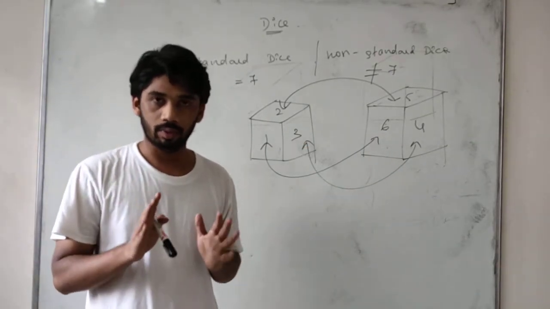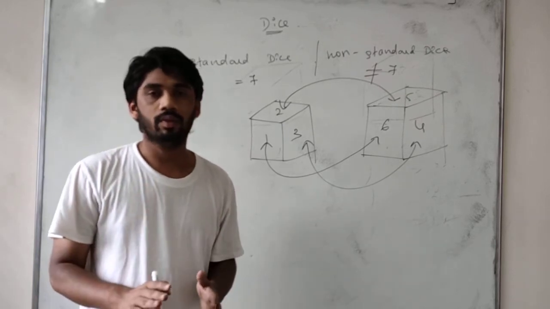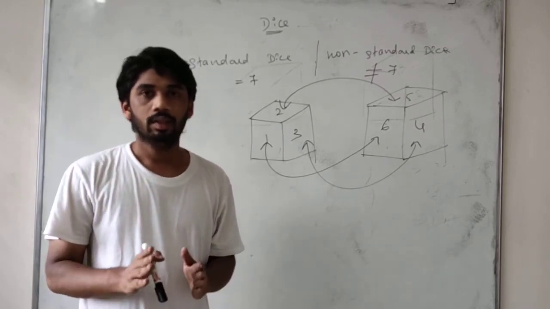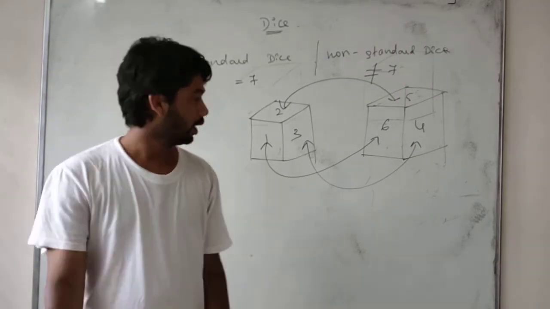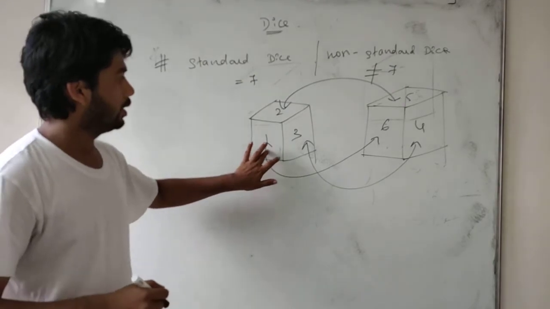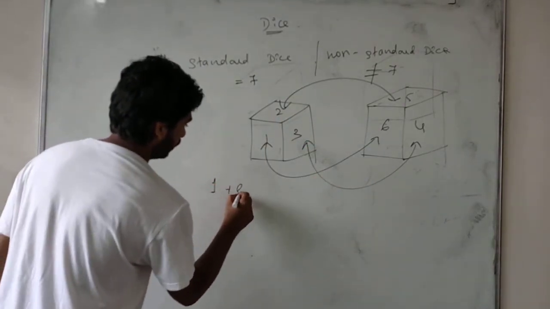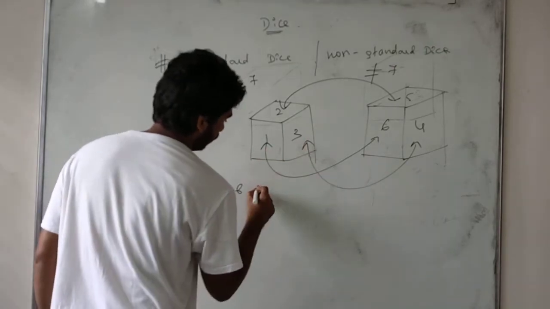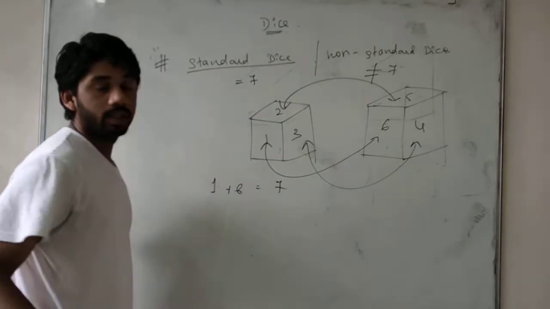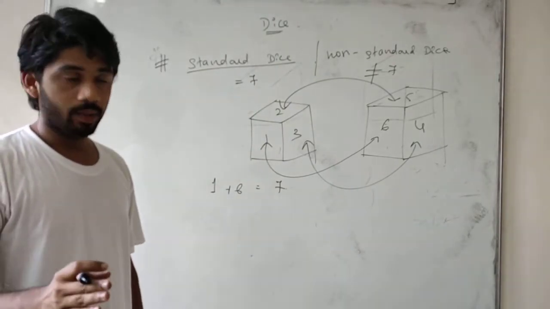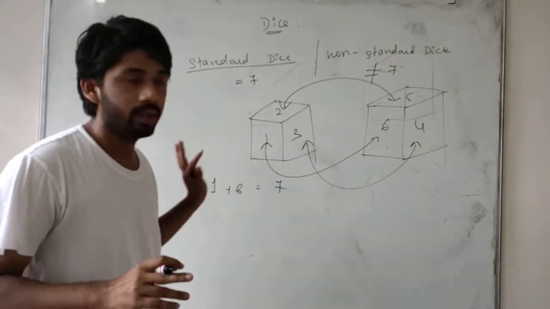We call it equal to 7. We call it a standard dash. If it is not equal to 7, we call it a non-standard dash. It is a simple concept. Okay. See here, students. Now 1 is there. 1 plus 6 is equal to 7. Equal to 7 is a standard dash. If it is not equal to 7, we call it a non-standard dash. So the whole system will be a standard dash.